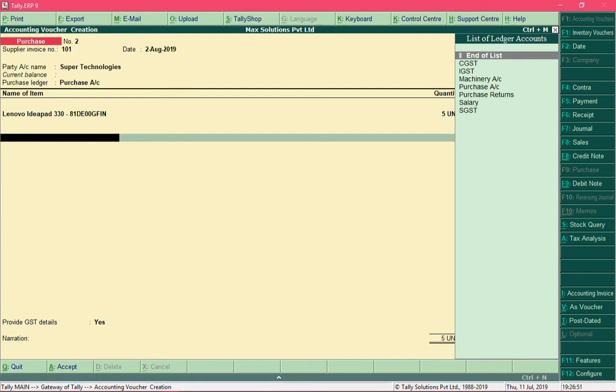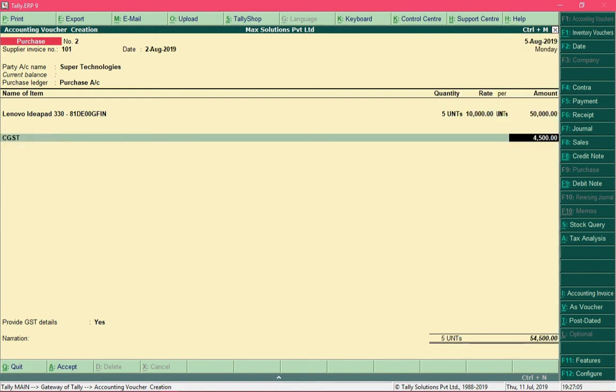Now I need to calculate CGST and SGST on this item. I will first select the option CGST. You can see that CGST is auto calculated. It is calculated at 9% because the rate of GST on laptop is 18%.